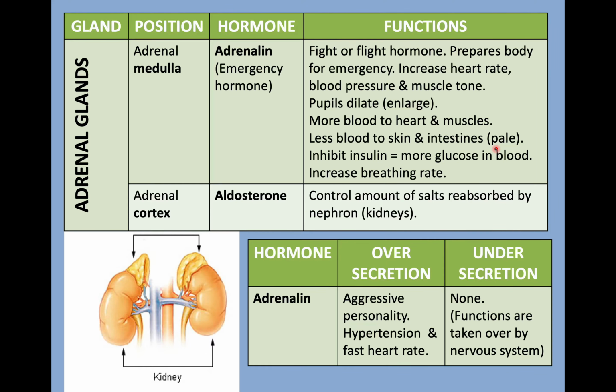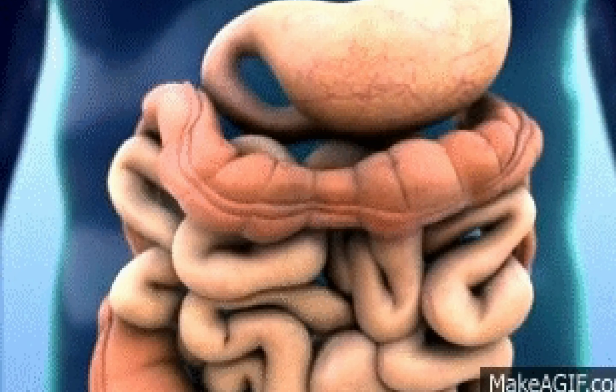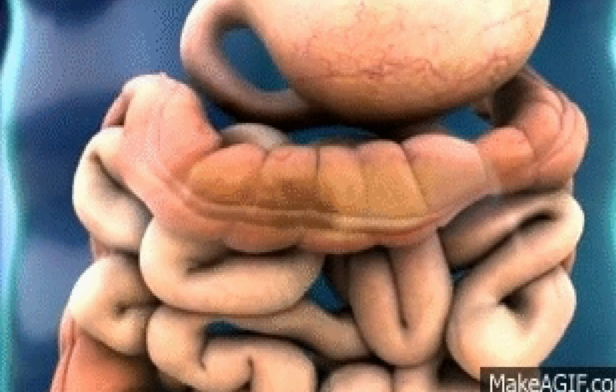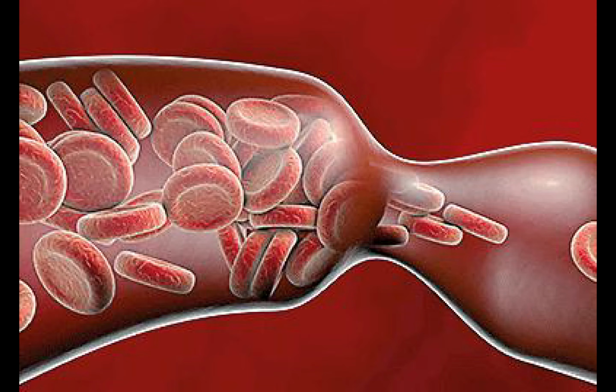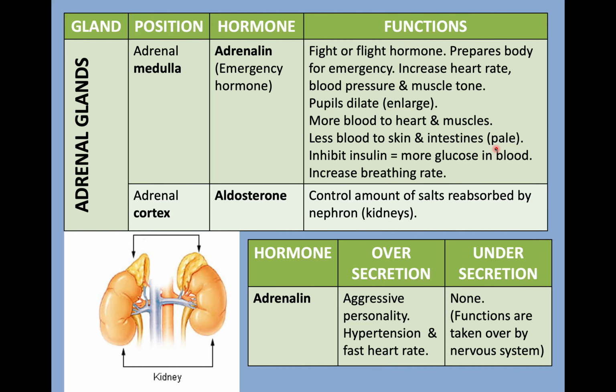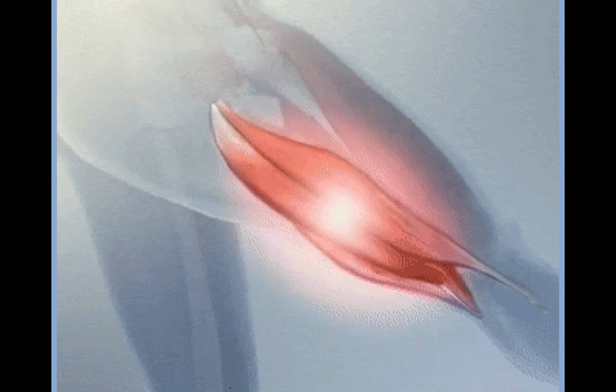It will have an effect on the alimentary canal, causing peristalsis now. The movement of the food down the alimentary canal will slow down. The adrenaline will have an effect on the blood vessel, causing them to constrict. Then the blood pressure will start to increase and more blood will be sent to the person's muscles. Blood flow to the muscles increased because the blood vessels widened. And the muscles therefore received more blood, which brings more oxygen and glucose that the muscles need to get more energy, so that the person can now have a faster muscle response.